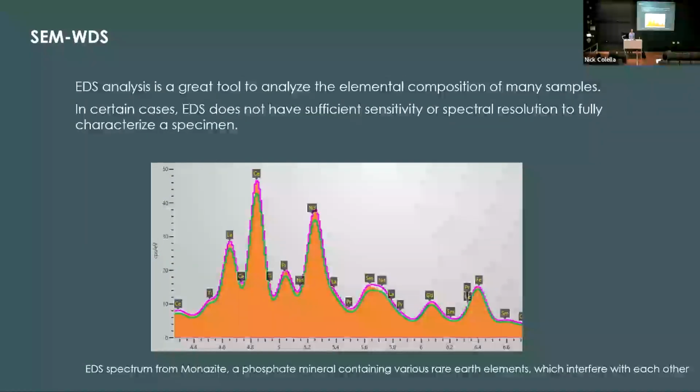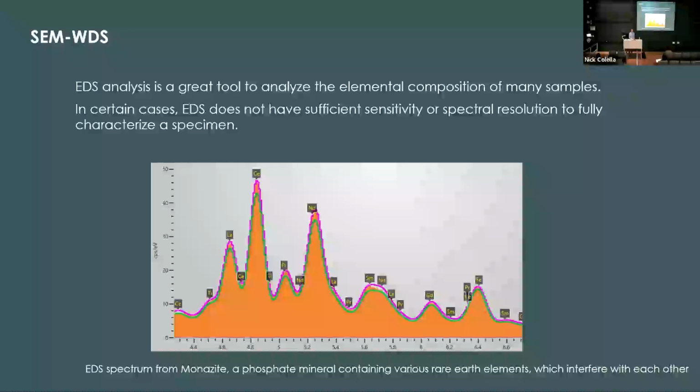Cool. So EDS is really great. EDS can tell us lots of information about the sample, what elements it has, where they're located. Sometimes we can be quantitative with it. However, for certain samples and certain analytical projects, EDS is not sensitive enough, or it doesn't have good enough resolution. And when EDS is not good enough, we have another tool at our availability, which is called WDS.